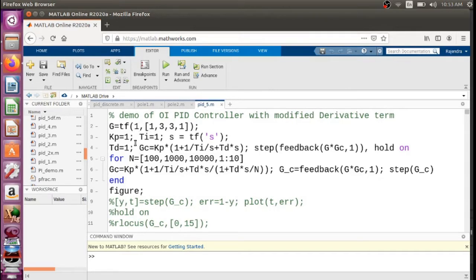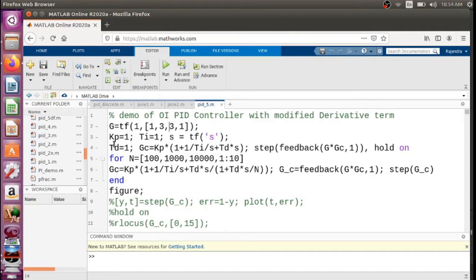The denominator 1331 means 1 multiplied by s to the power 0, 3 multiplied by s to the power 1, 3 multiplied by s to the power 2, and 1 multiplied by s to the power 3. So we have a transfer function given as 1 upon s cube plus 3s square plus 3s plus 1.